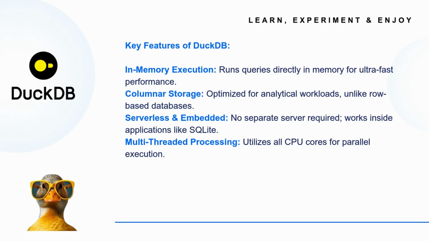And here's something that will make a big difference in your day-to-day work. DuckDB features multi-threaded processing. It's designed to utilize all the cores in your CPU, running operations in parallel whenever possible. This means that as your data sets grow larger, DuckDB scales with your hardware, making the most of modern multi-core processors. The parallel execution means faster query times, especially for complex analytical workloads.